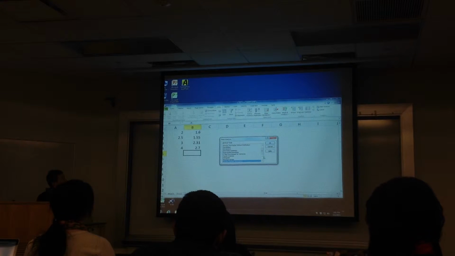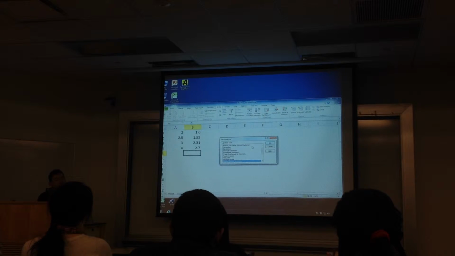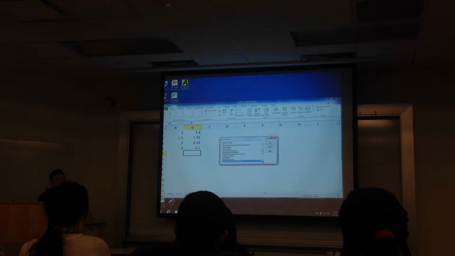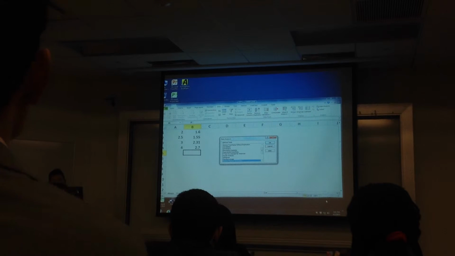When I click on it, a new screen opens up, and it gives you all kinds of statistical formulas and procedures. You don't need to pay any attention to them. So, for example, the first item here is something called